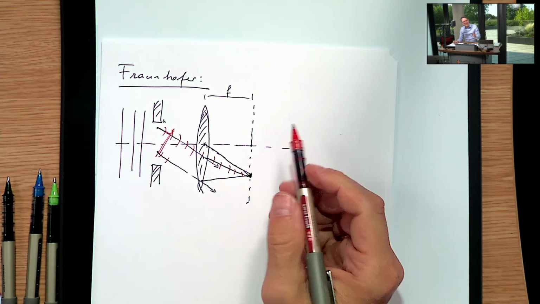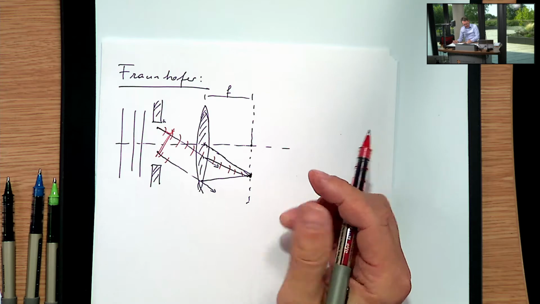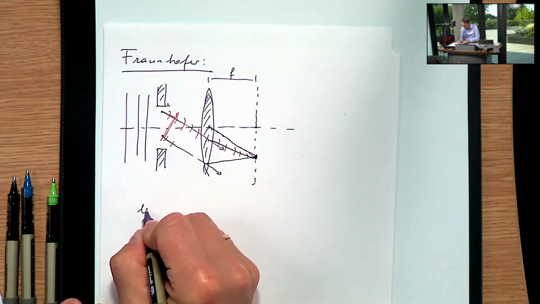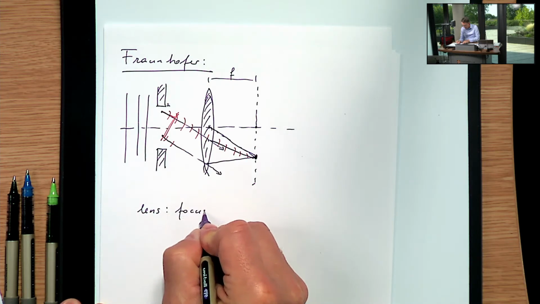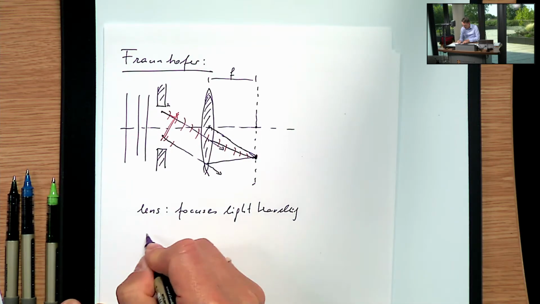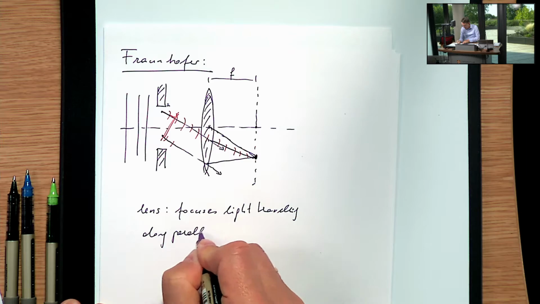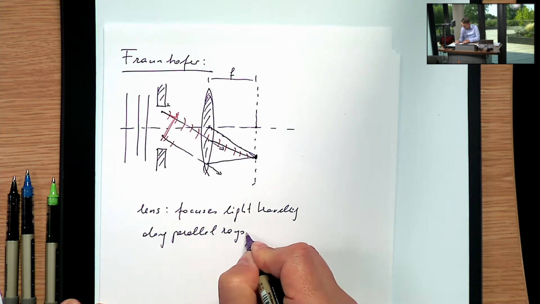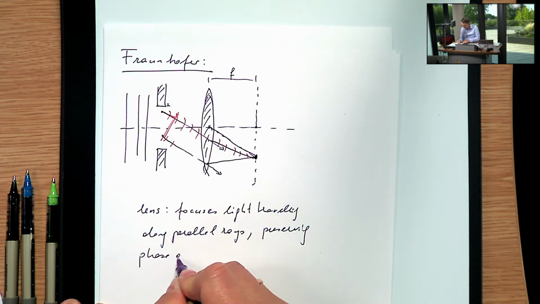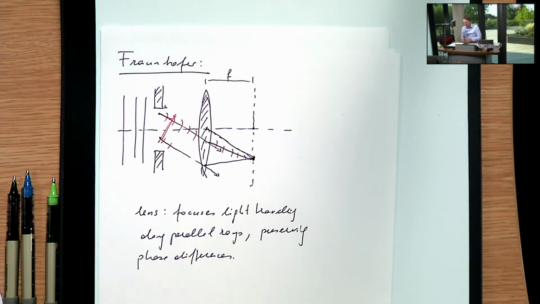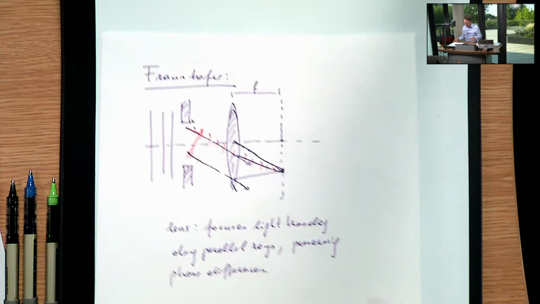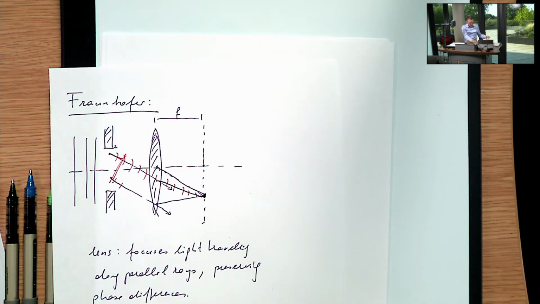That's the ingenious thing of what a lens does. It focuses light rays. The lens focuses light traveling along parallel rays, preserving phase differences. So in practice, these Fraunhofer conditions you could achieve by, if I go back to the previous thing,